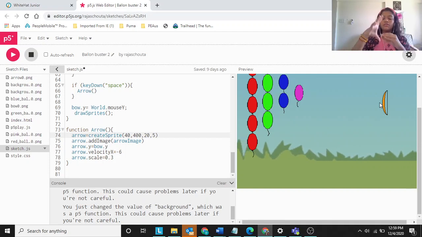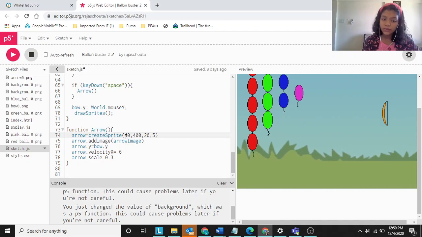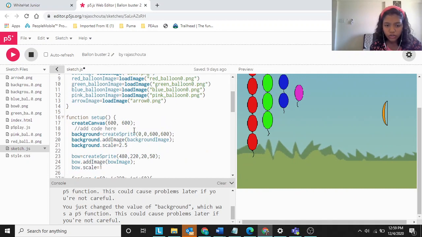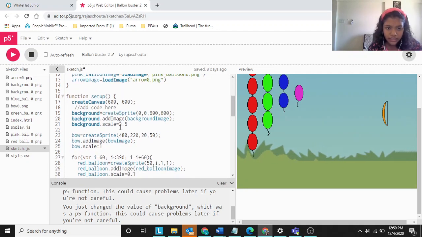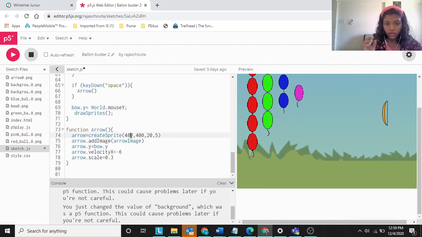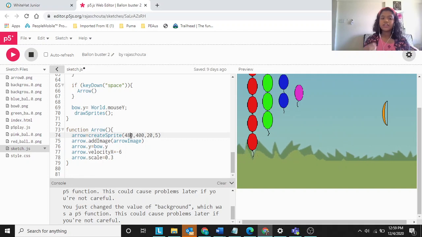So both should be in the same place. That's the reason it should be 480, because for the bow I've given the x position as 480, so in the arrow also we are going to give the x position as 480.